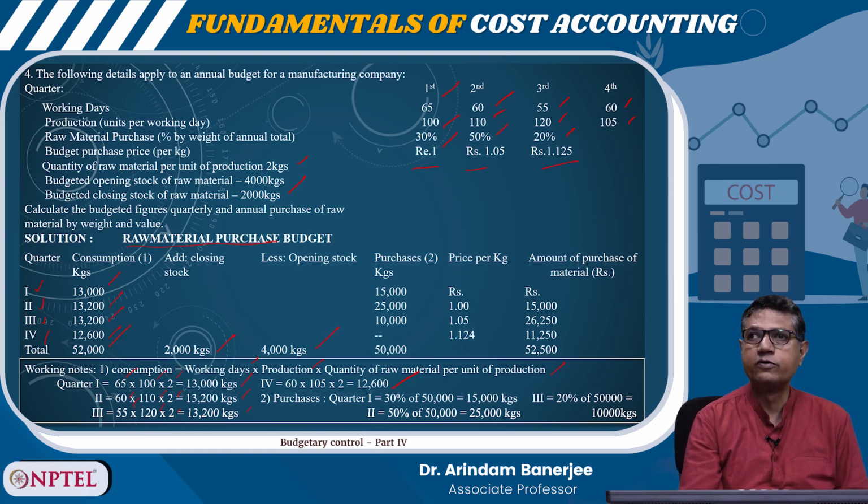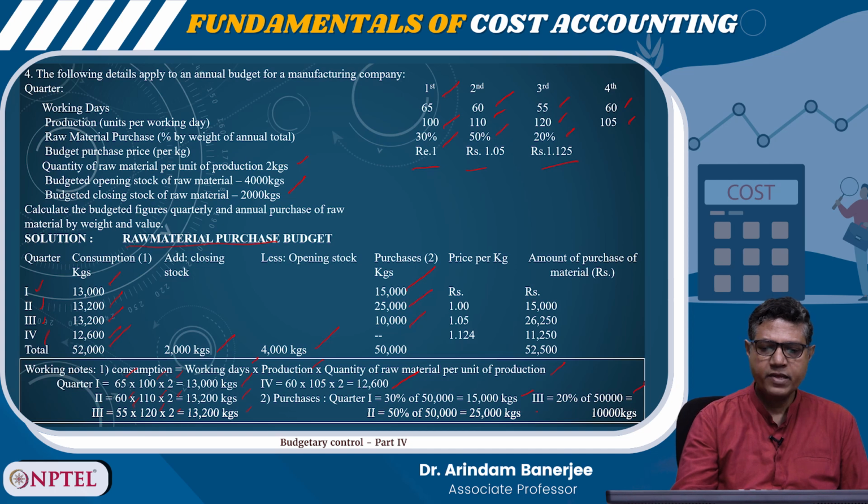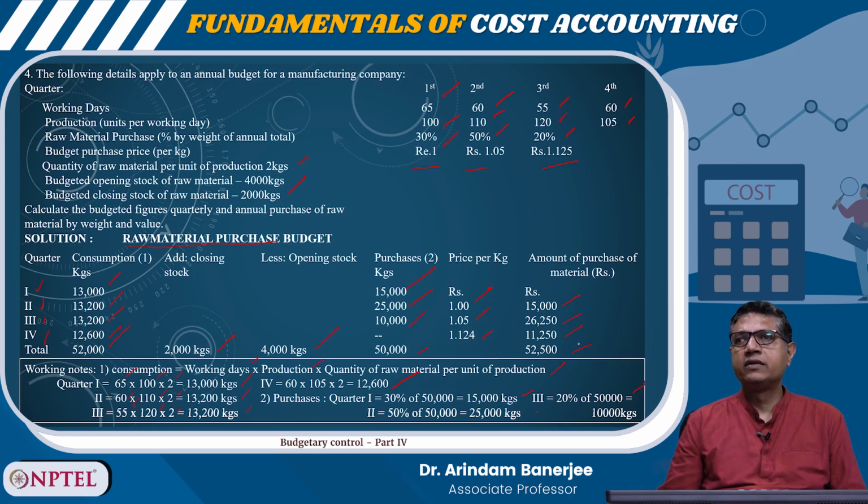The purchases I can calculate, it is given there. For quarter 1, it is 30% of 50,000, that is 15,000 kgs. Quarter 2, 50% of 50,000, that is 25,000. In 3, 20% of 50,000, that is 10,000, right, and total is 50,000. So, price per kg, it is given there 1.05, 1.125. So, if you multiply, you will get the value of the amount of purchases 15,000, 26,250, 11,250. So, total is 52,500. So, you can get an idea from the raw material purchase budget that how much raw material